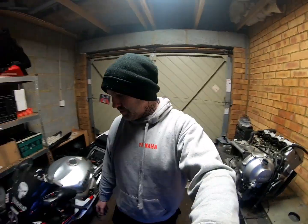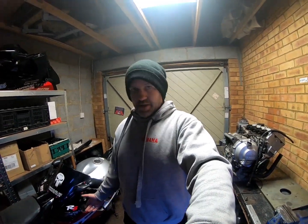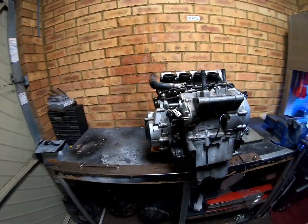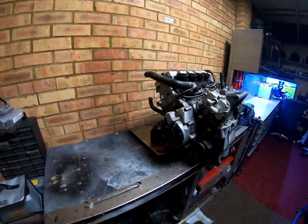Hi guys, welcome back. This is part two of the R6 rebuild. I've decided for part two we're going to be focusing on the engine, which I have here, rather than the bike, which is there, because I'm intrigued to see what's happened with this engine, to be fair, and yeah, so we're going to find